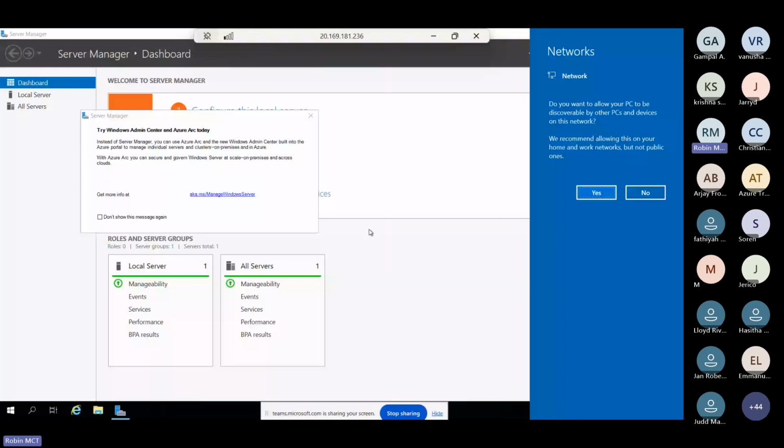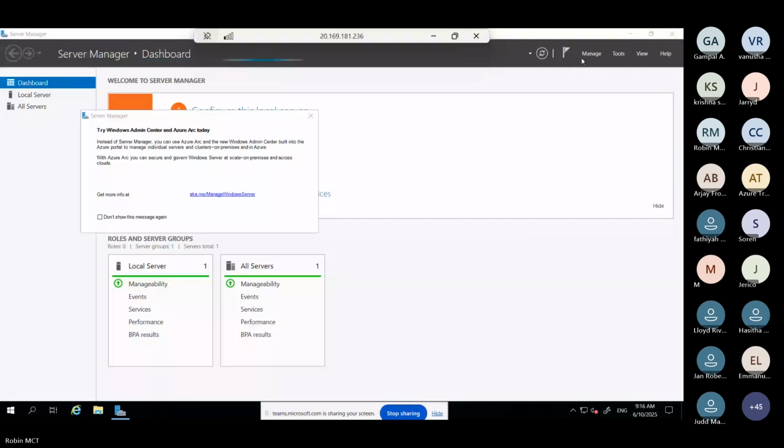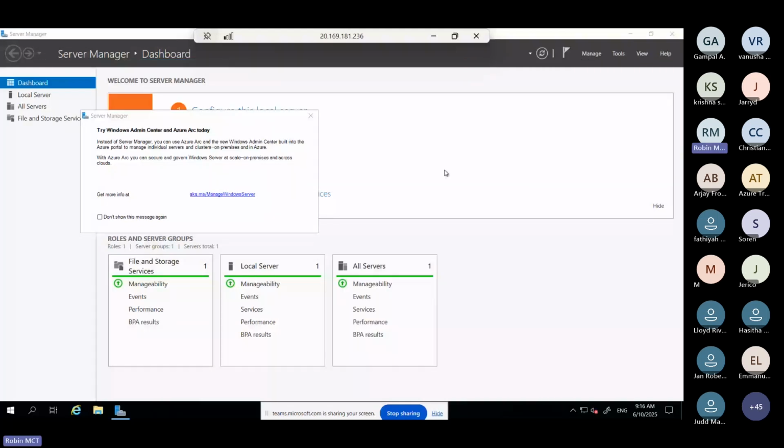Right now you can see the server is ready.